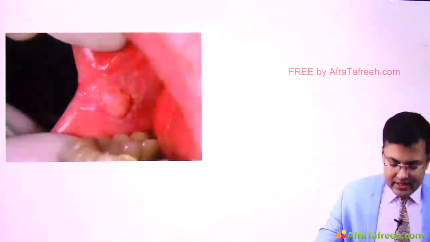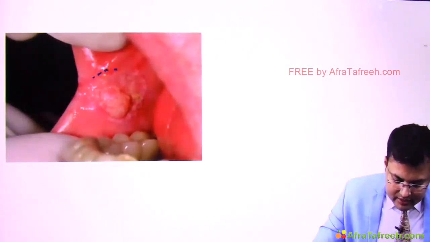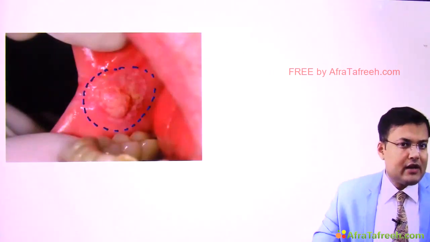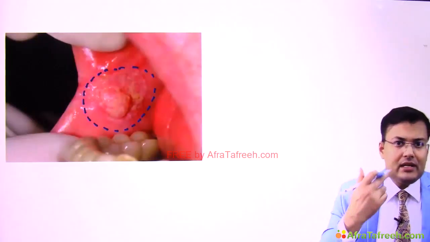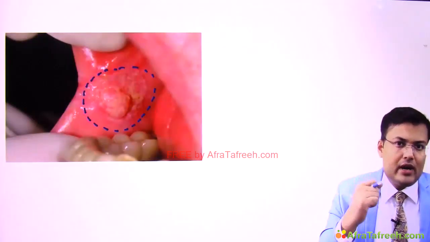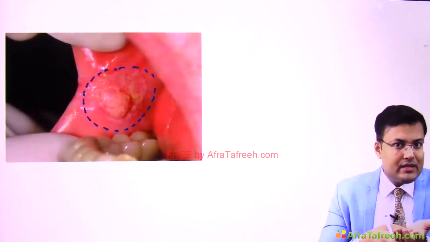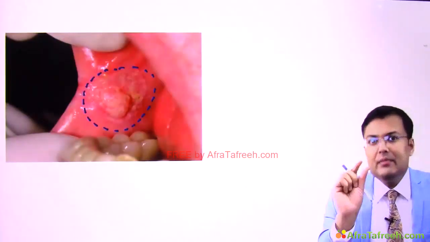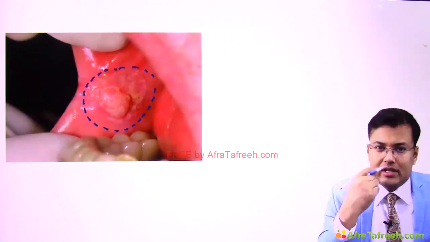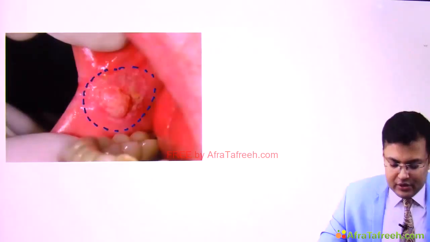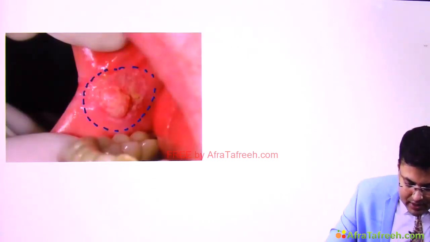Now in this image you can see that there is growth involving this buccal mucosa or cheek, and we discussed what is the most common site of carcinoma oral cavity in India. It is buccal mucosa or cheek. Why? Because you have seen certain people are using khani. So what happens, there is tobacco leaves and they are going to mix it with lime and they make a quid and they used to put it here. So that's why it's the alveobuccal complex which is most commonly involved. So this is carcinoma buccal mucosa.